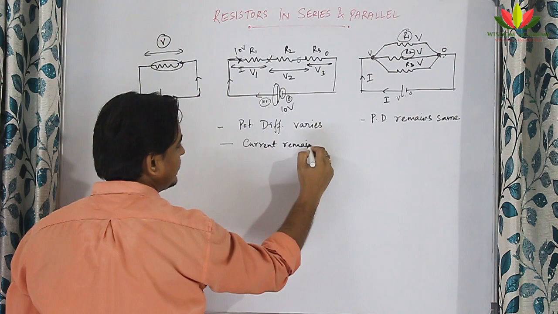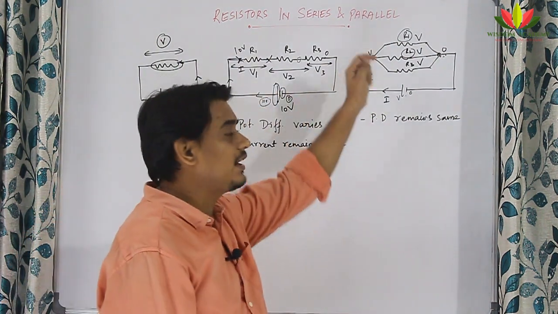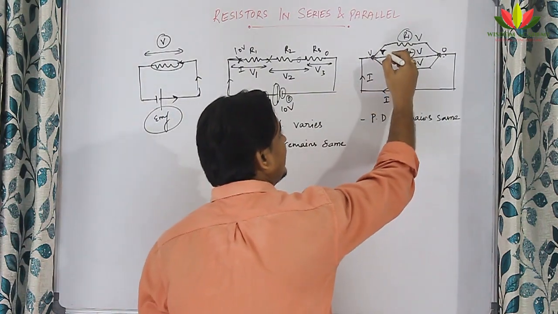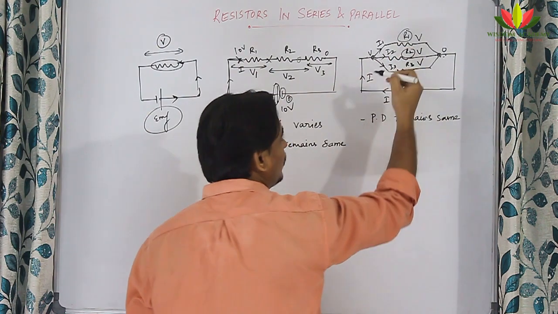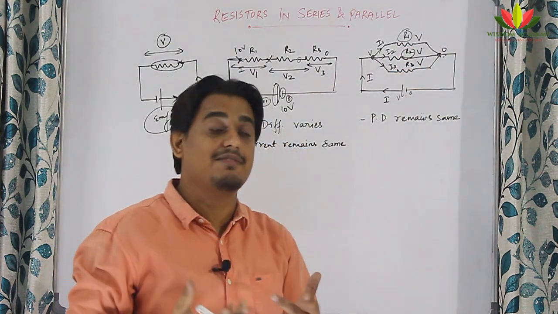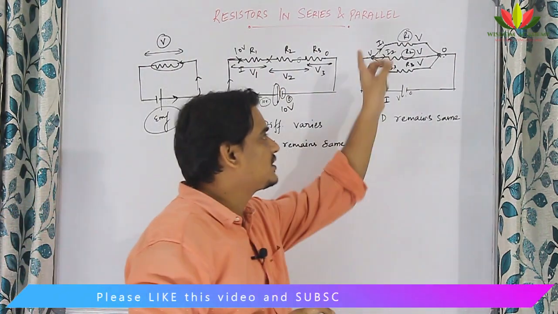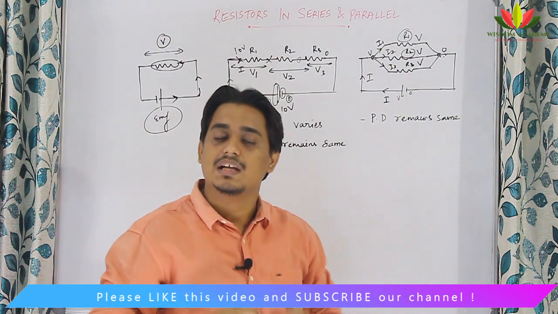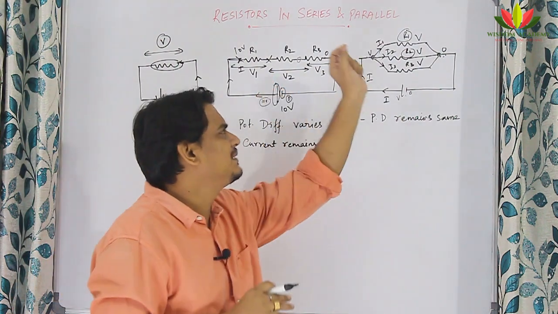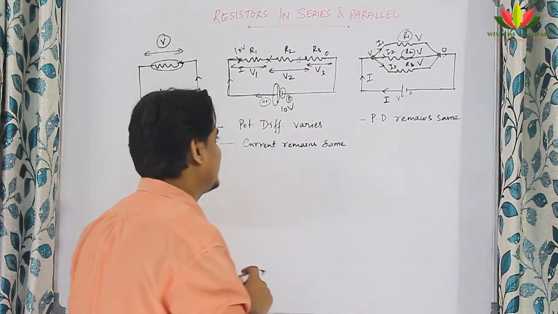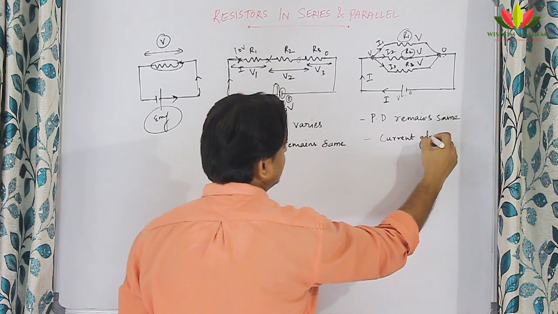Whereas, in the case of parallel connection, the current that starts from here gets split into three different currents. I1 will go here, I2 will go here, I3 will go here. Someone may ask, sir, how to decide how much current will go? That depends upon the resistance offered, isn't it? Some branches offer less resistance, so more current will go. Some branches offer more resistance, so less current will go. So based upon the resistance the branch is offering, that much current will go inside. So here the current gets divided.